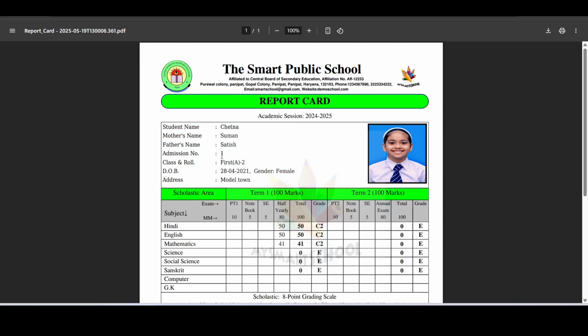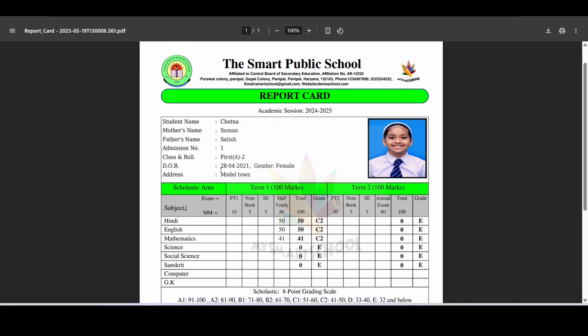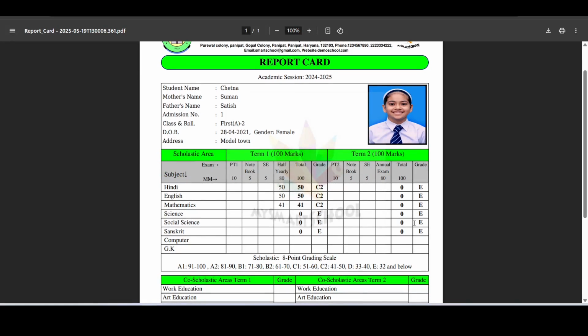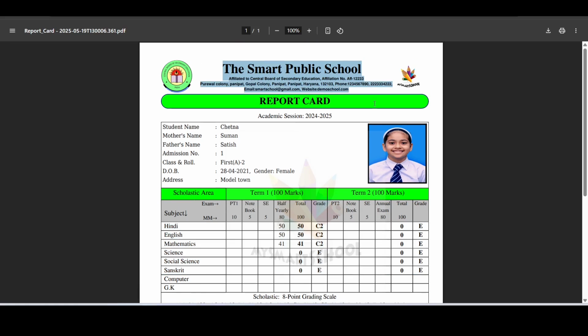So the concept of designing a report card is to make multiple cells and group them in an element. A group of cells is called an element. For example, this is one element here from the marks list, and this is also one element. Making some cells at the same place, or grouping cells in the same place, is called an element. Then we will reuse the element multiple times. Then a group of elements is called a report card.